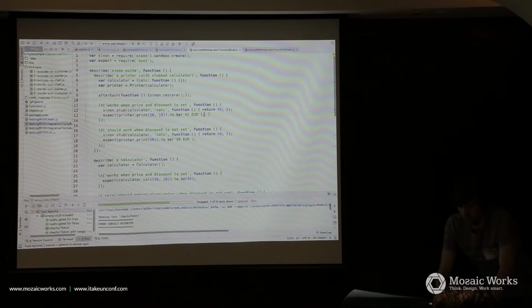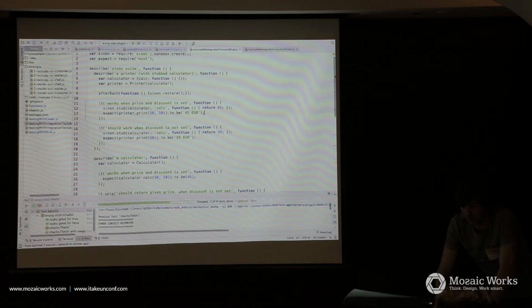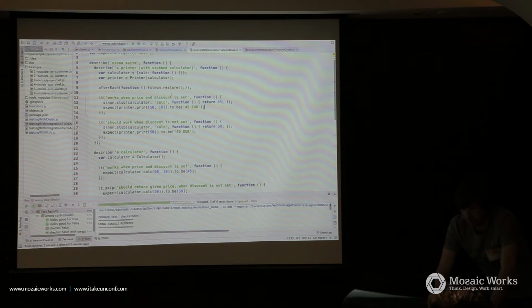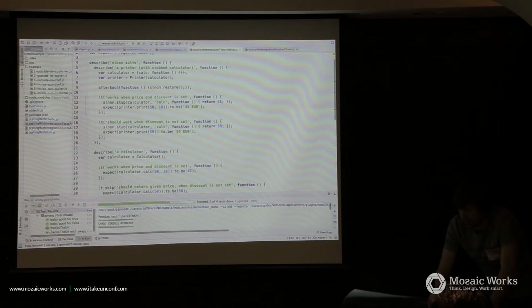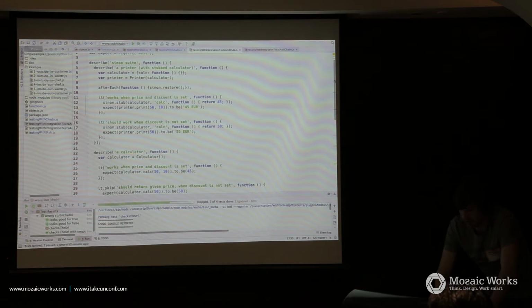The business story is to calculate some discount and print the final amount. That is easy, and that too. So let's run it.